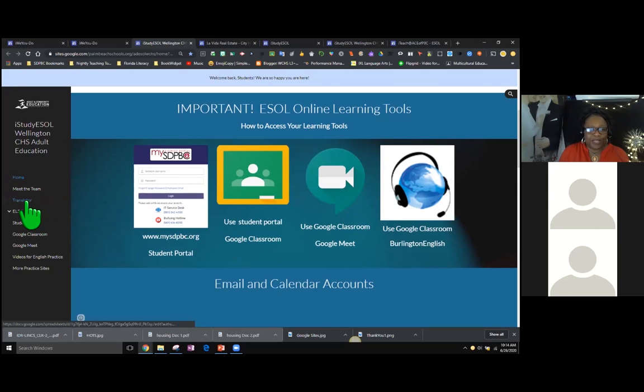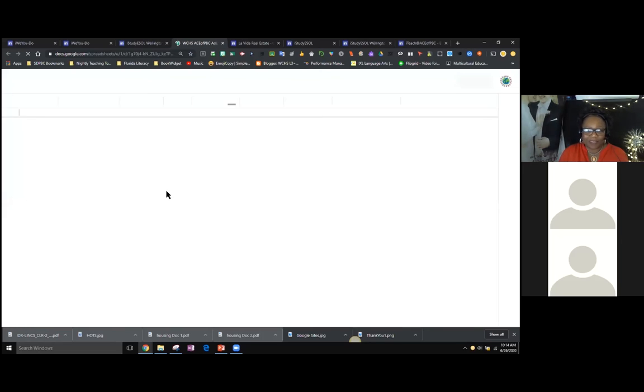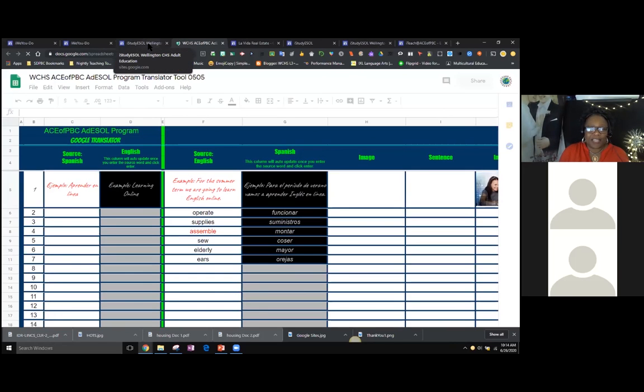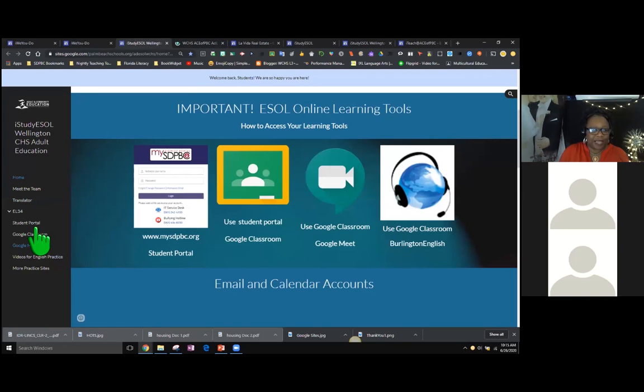We included another tool that's made from a Google app. It's an Excel sheet that we use to create a translator to embed in that site to make the language accessible for the learner so that they're able to translate. And we have access to the classroom and the Google Meet.